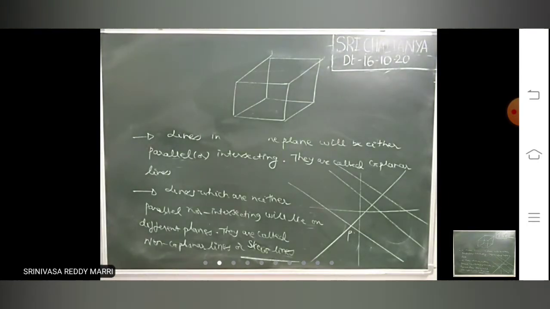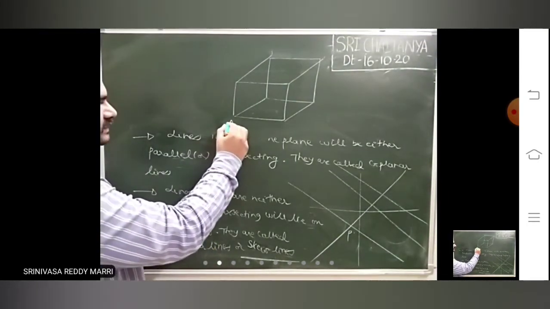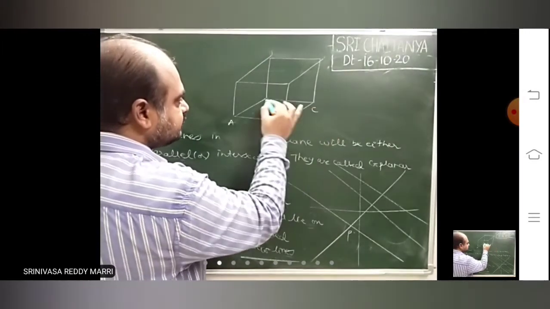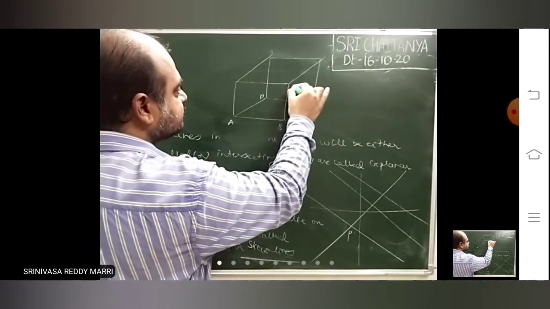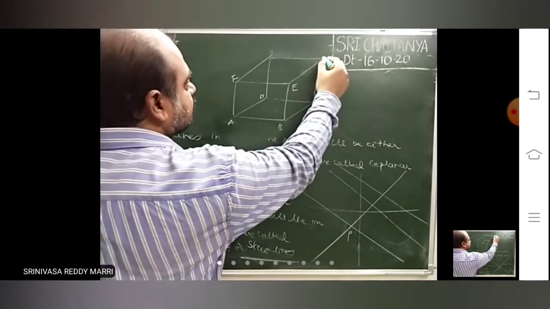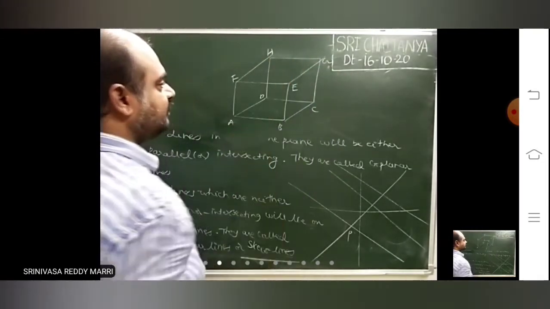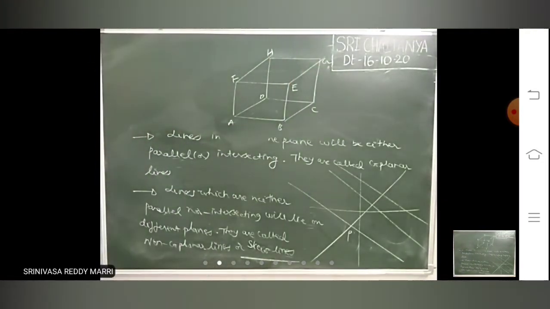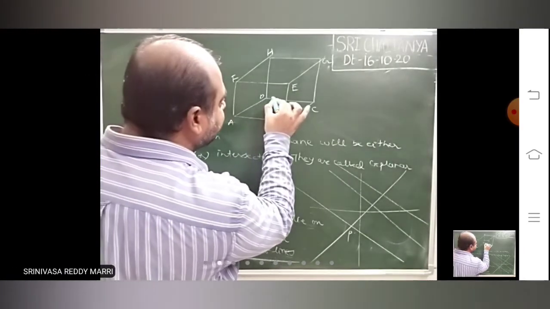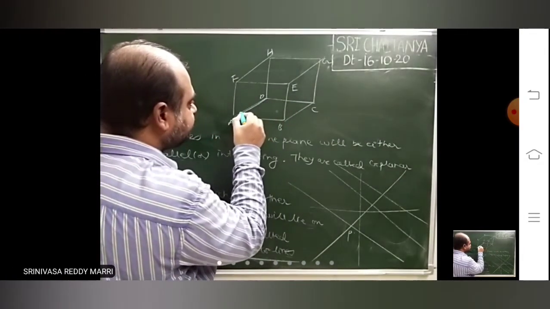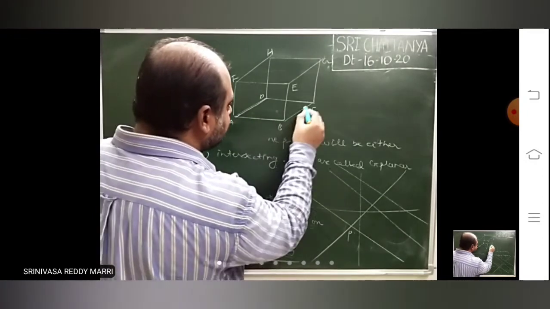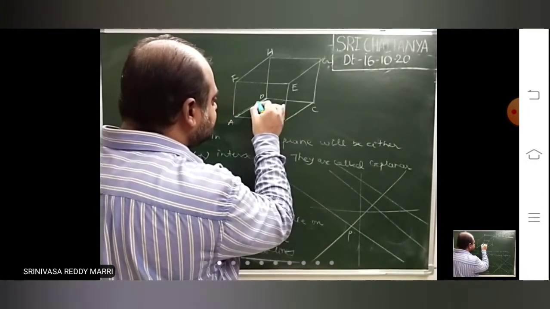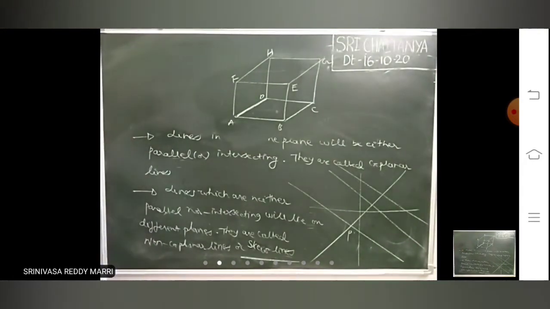Generally rooms are rectangles or squares. Now the ground face. I am naming the vertices. Let us say my room is A, B, C, D, E, F, G, H. Whenever you are solving problems, you can take an example of your room. Typical problems will be solved easily. Look at this, this is my ground face. A, B, C, D is the ground face.